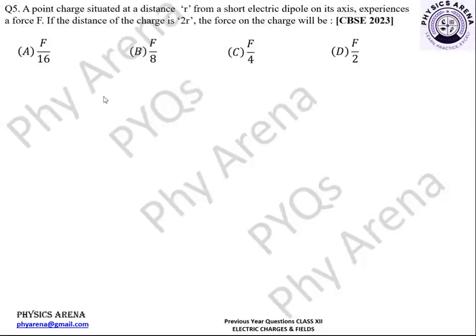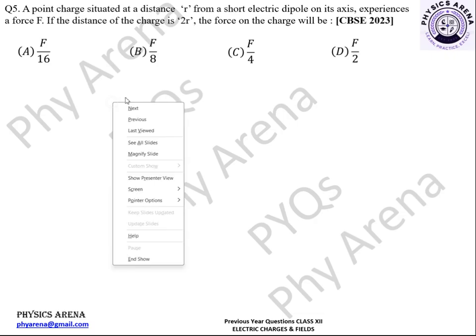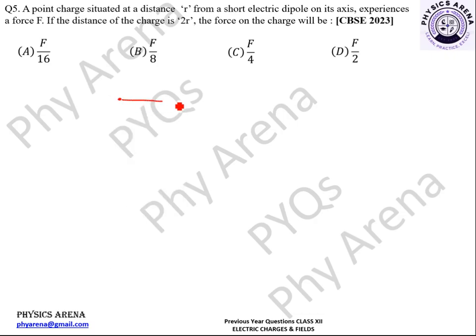Question 5. A point charge is situated at a distance r from a short electric dipole on its axis. It experiences a force F. If the distance of the charge is 2r, that is, 2 times the initial distance, the force on the charge will be. So this is the scenario that we are having, that there is a dipole, very short